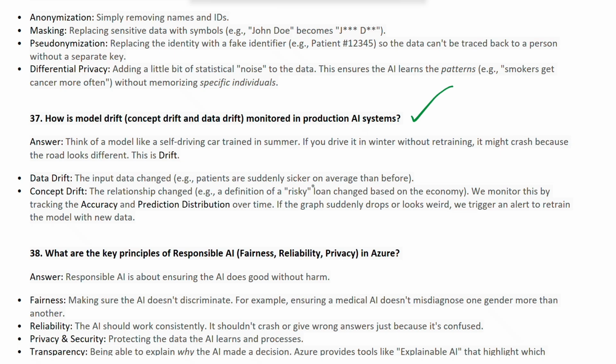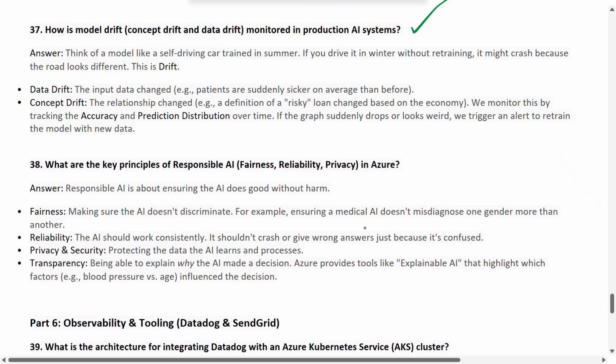So the entire concept was changed, right? Instead of patient data or something. So we monitor this by tracking the accuracy and the prediction distribution over time. If the graph suddenly drops or looks weird, we trigger an alert to retrain the model with the new data set.